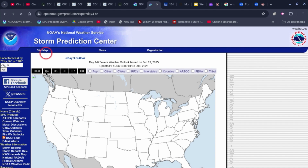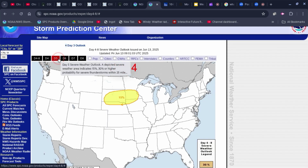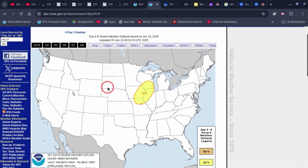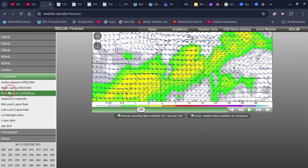So we can go here. Let's let it load. They've been having some problems this morning, but I think they're all good now. So day 4, Tuesday, and then Wednesday. As you can see, they do have a highlighted risk area for northern Missouri through eastern portions of Iowa, through southern to central Wisconsin, and through parts of Illinois. Now, will this move? Yes. Do we know which way? No, but with the new model runs, it'll probably encompass some of Michigan, and I do think it'll definitely change on parts of Wisconsin, just with the new model runs and what they're showing. Regardless, you should still be well aware. So let's see here. What I mean by shifting, if I can click the CAPE,